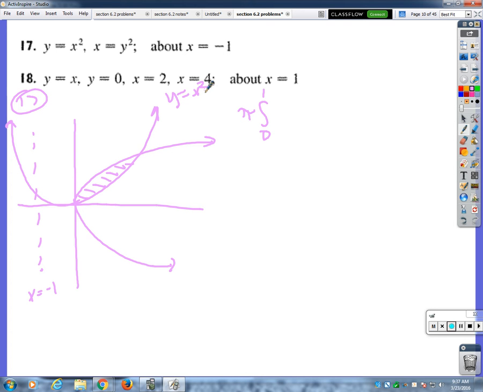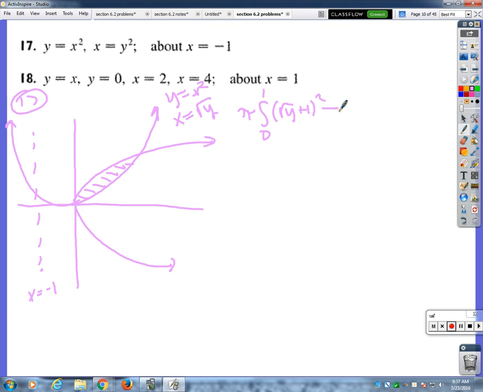But since we're going sideways, we need to change that into x equals the square root of y. So farthest away from the axis of rotation, which is square root of y minus -1, which will really be +1, squared, minus